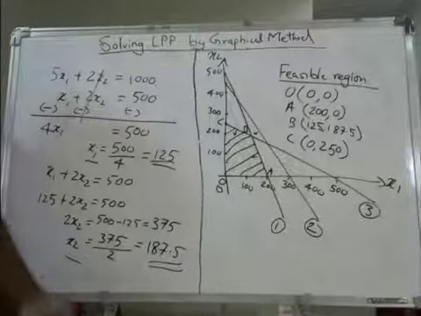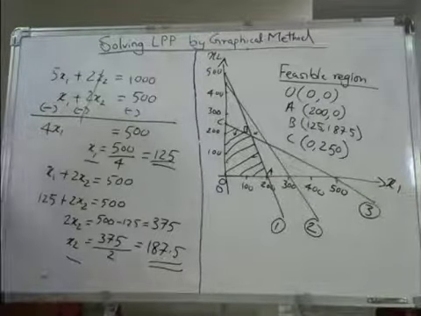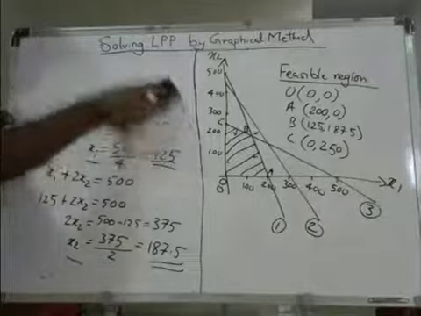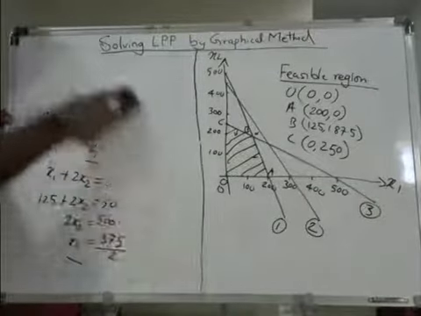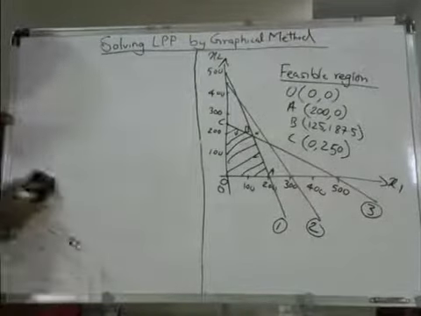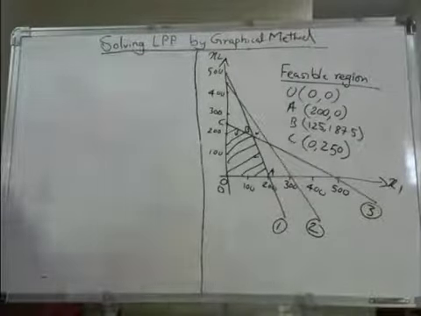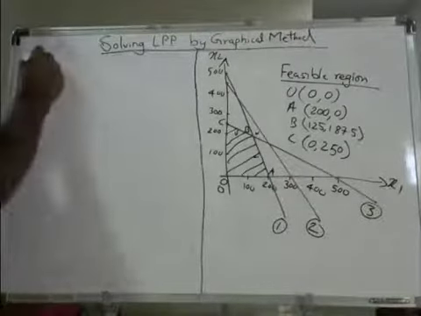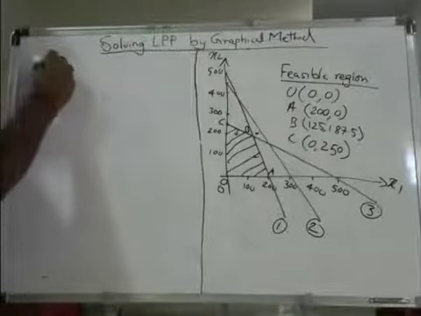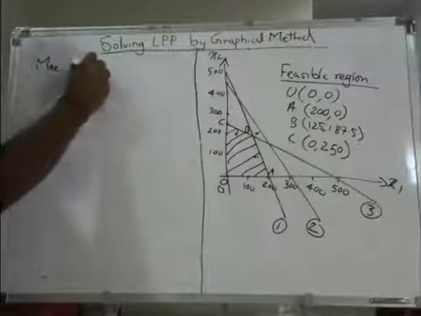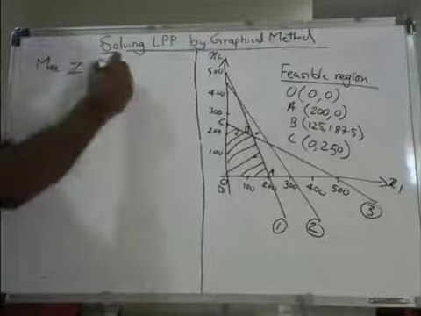Whichever gives the max value will be the feasible solution. Anyway, we will take the objective function, that is maximizing z, that is equal to